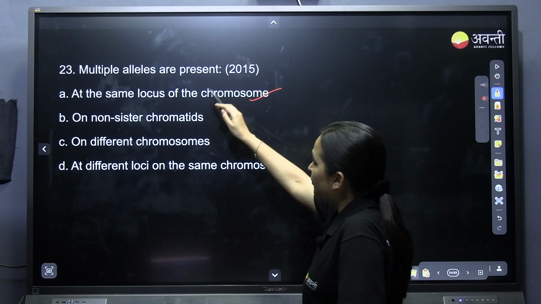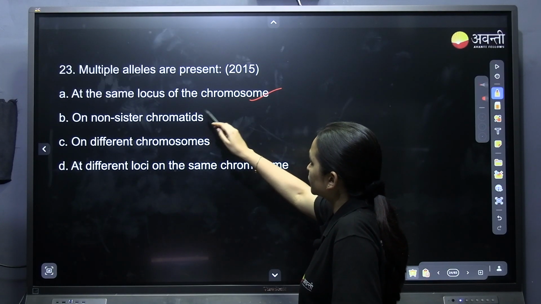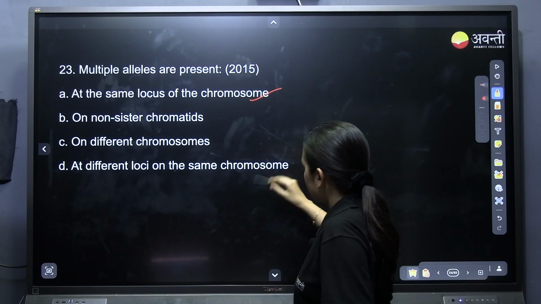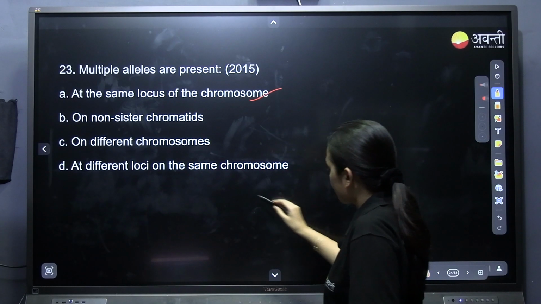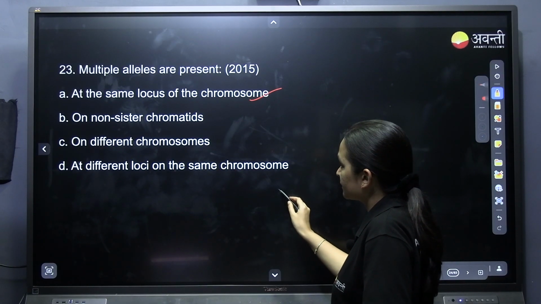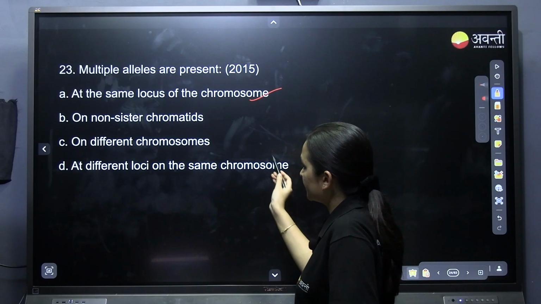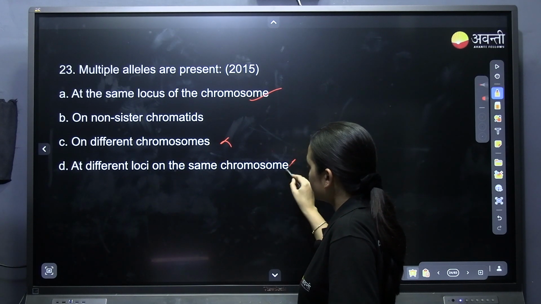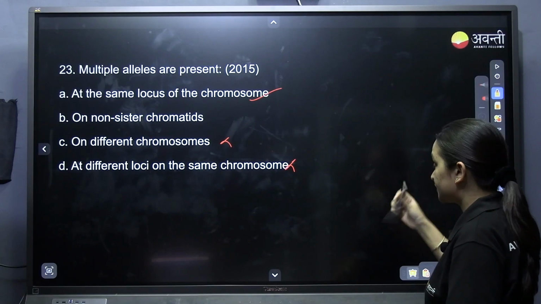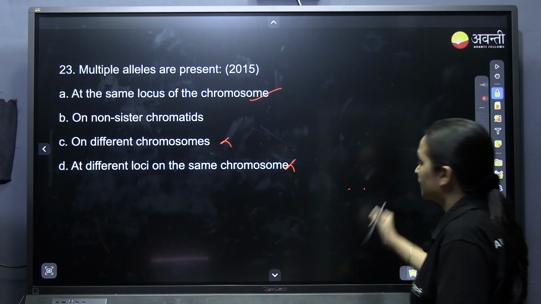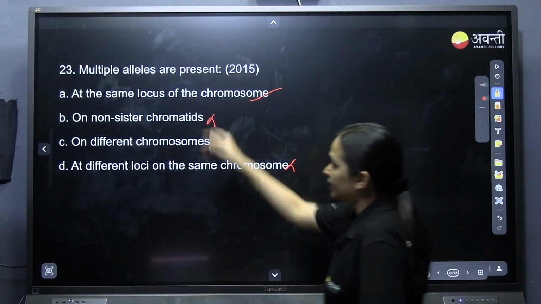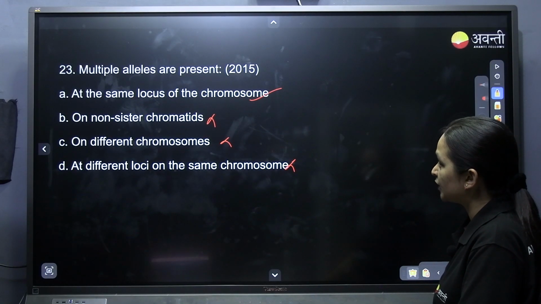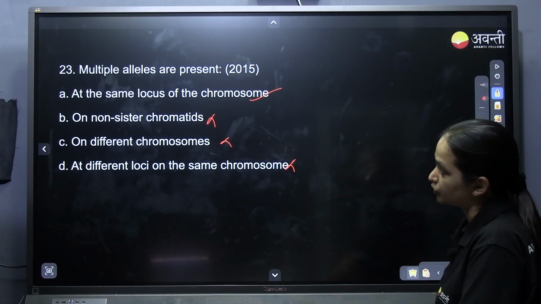Multiple alleles are present at the same locus of the chromosome. On different chromosomes it cannot be, and at different loci on the same chromosome it cannot be. So it will be at the same locus of the chromosome. Yes,